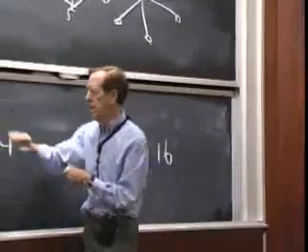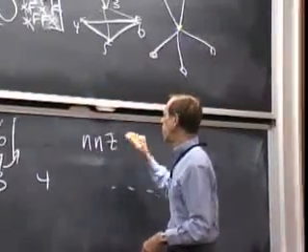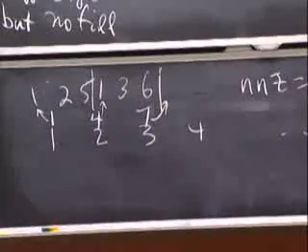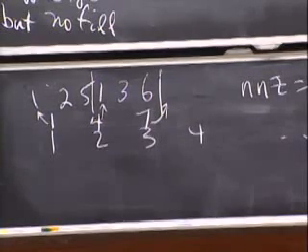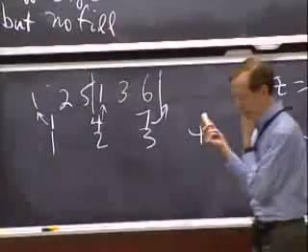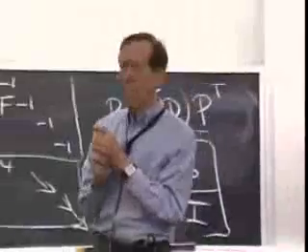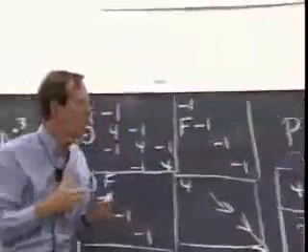Okay, so the command NNZ is a useful one. That's a MATLAB command that counts the number of non-zeros. So N, N, Z suggest exactly what that will do. So if you pick an ordering, like approximate minimum degree, and you pick a matrix, like this one, and you run